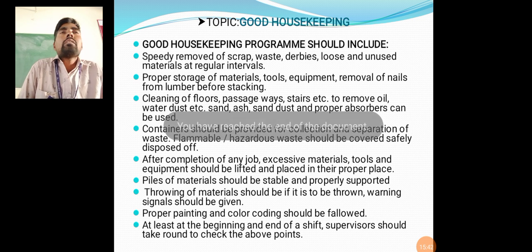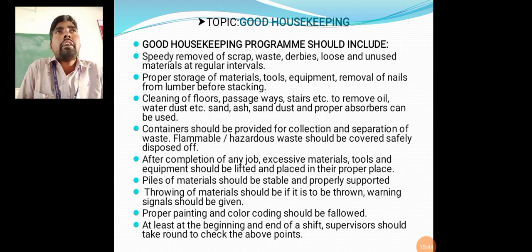So like that, there are different aspects of good housekeeping. What I am saying finally is that good housekeeping is required to prevent and eliminate work-related injuries and hazards.